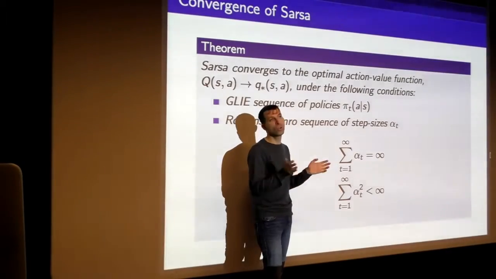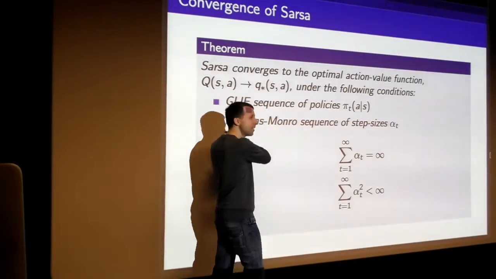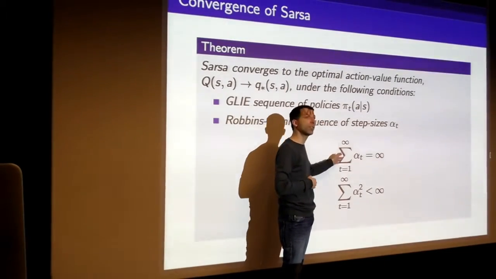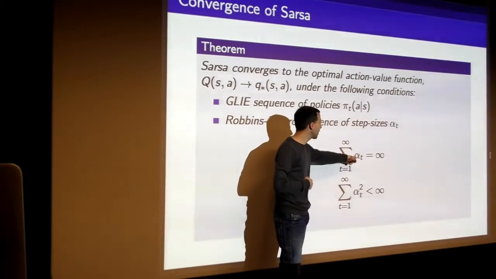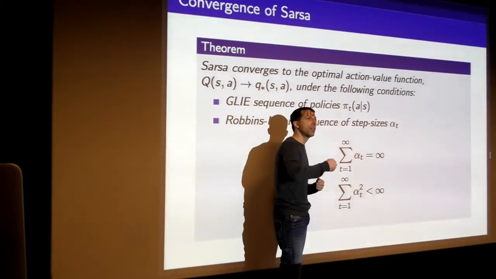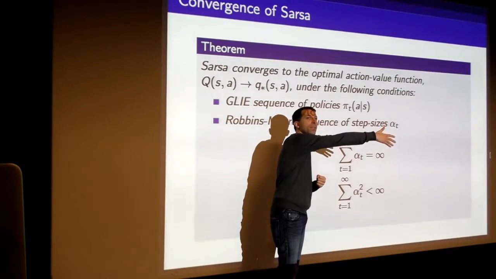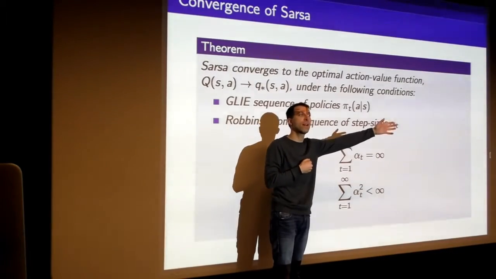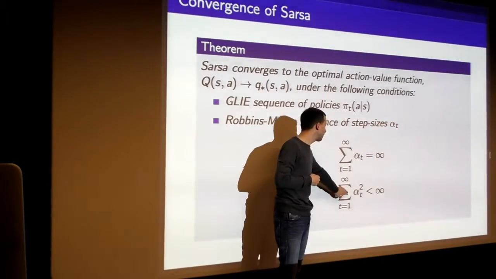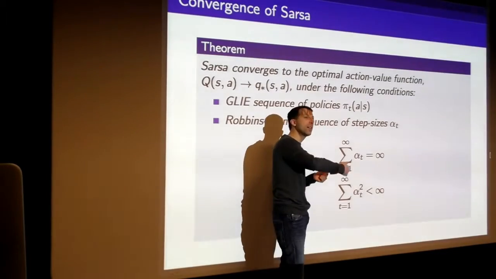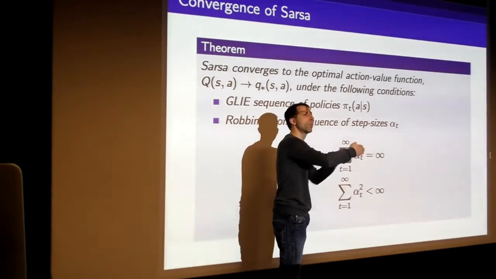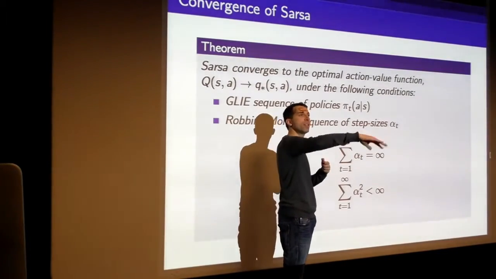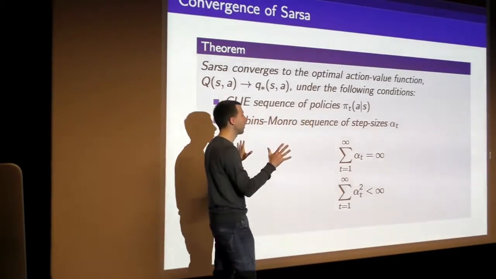So you have to make sure that your step size, if you really want convergence, you need to look at stochastic approximation theory, and you need to make sure that your step sizes basically follow these two conditions. And all this tells you is that the step sizes are sufficiently large that you can move your Q value as far as you want. So you might need to move your Q value from whatever your initial estimate was to some very, very large or very, very low value if you're wrong. And this thing basically tells you that eventually the changes to your Q values become smaller and smaller and smaller. The changes to your Q values have to vanish and become 0 eventually, otherwise you'll still have noise and jumping around in your policy. So that's just stochastic approximation theory.